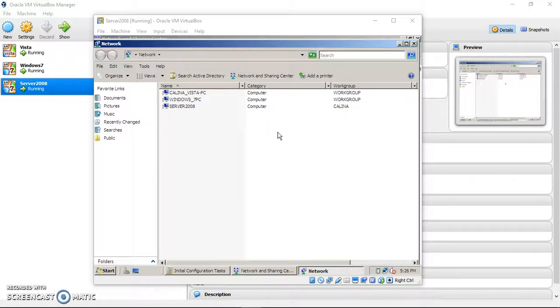So what I want you to notice in this part of the tutorial is that I will be showing you how to add your client machines to this domain. On your server, in the Network and Sharing Center, you'll notice I have a Windows Vista machine on the network and a Windows 7 machine